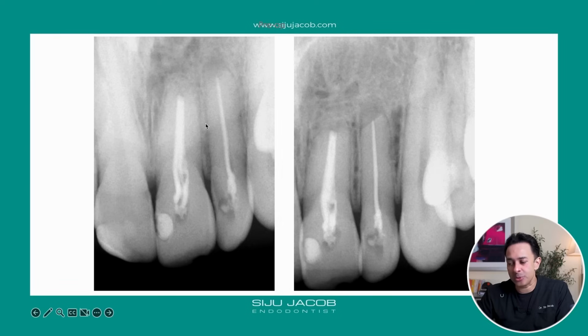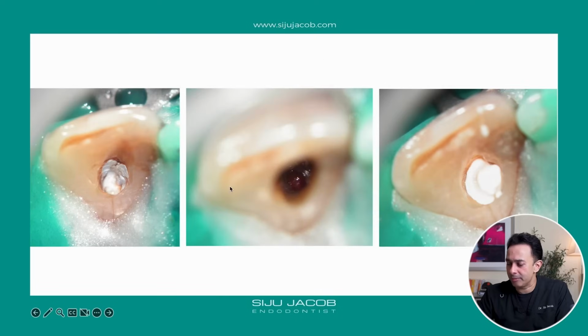The patient had some issues and went back to the clinician, and then I think some oral surgeon did an apicectomy here and a little bit of apicectomy here as well. So we decided to retreat both these teeth. And when we removed the gutta percha in the central incisor, I found that it was an open apex, and a size 80 K file was going easily past the apex.